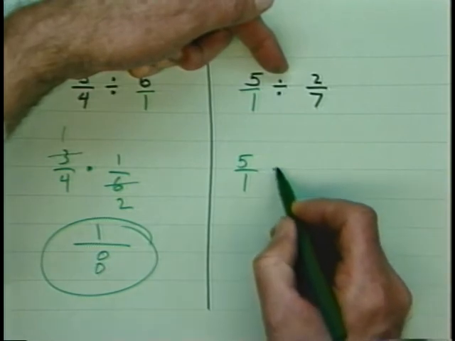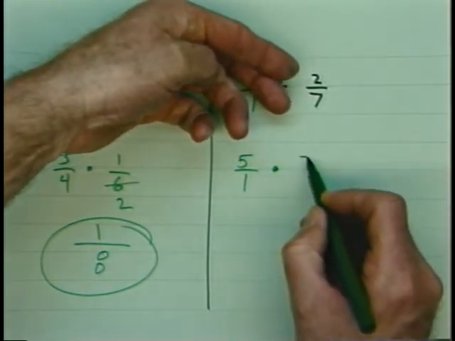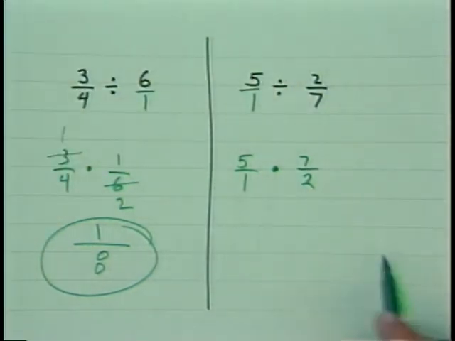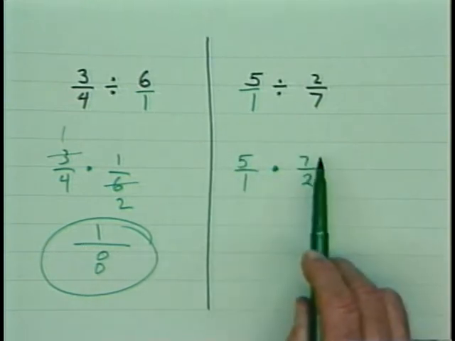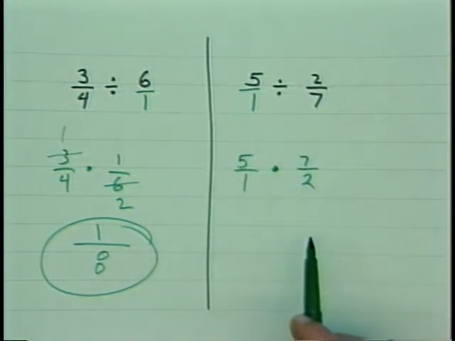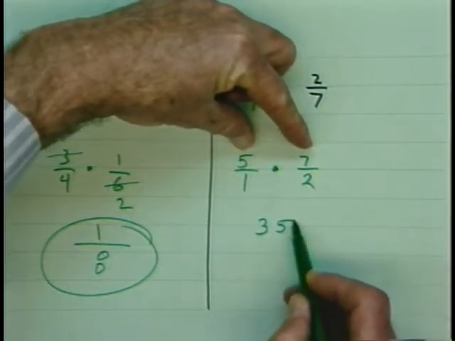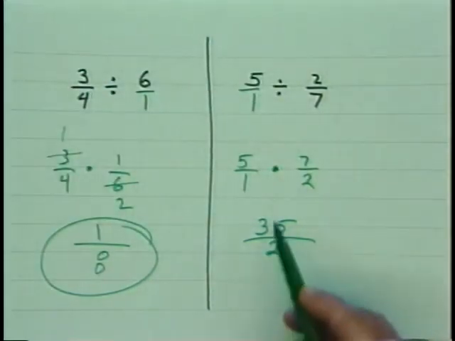Division changes to multiplication. Reciprocate the divisor, that is the number which followed the division. Now that you have multiplication, check for cancellation. There isn't any. Then multiply the old tops to get the new top, the old bottoms to get the new bottom, and it's an improper fraction, but a reduced